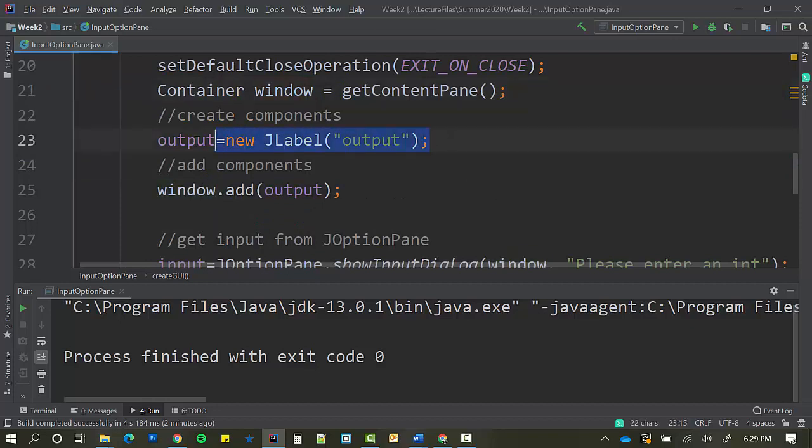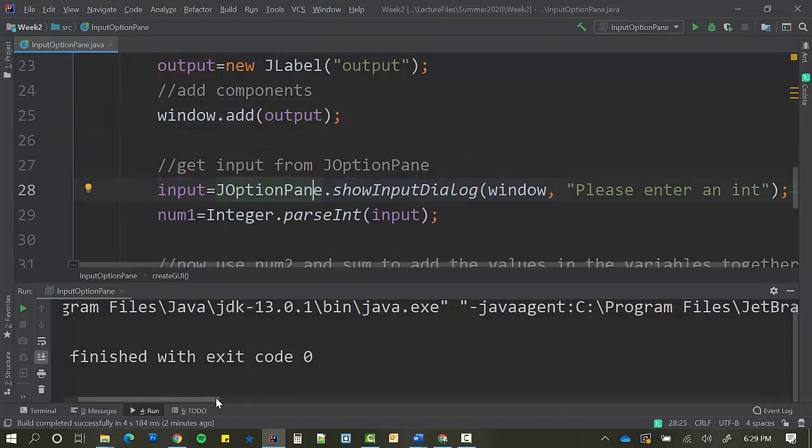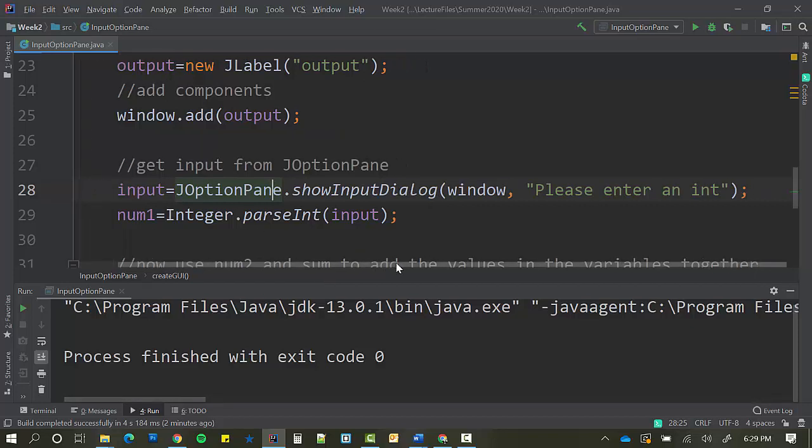And then I've got a variable called output, and it is a JLabel, and it just says output on it right now. And then I'm going to add the output variable to the window. So that's going to put it on there so that when the JFrame opens, it comes up with that label on it. Next thing that's going to happen, I'm going to call on this method here called showInputDialog from the